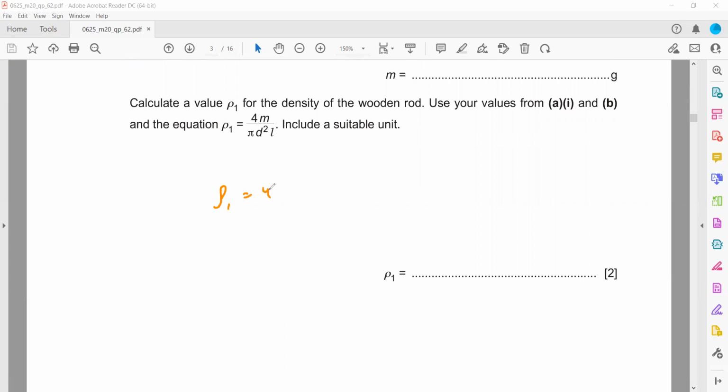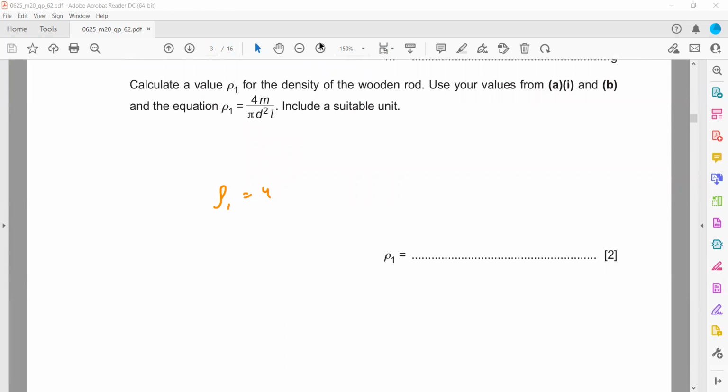So rho 1 is equal to 4, then the mass, which was 7.8, so multiplied by 7.8, divided by pi, which is 3.14, the diameter was 2.5 square, multiplied by the length. Or the diameter, for example, we took 2, and the length say 4.5. So when we multiply them, we will get the density, which is about 0.5